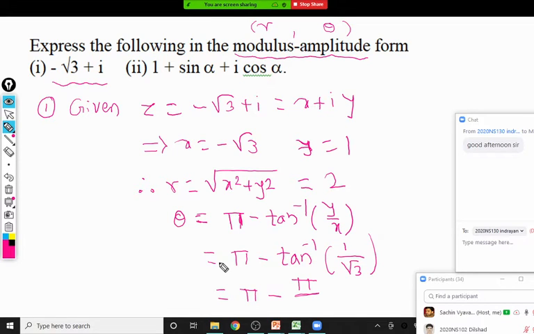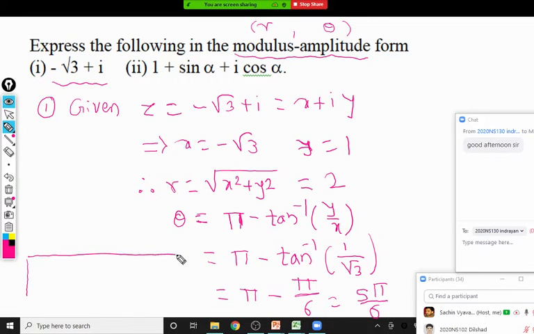So when we say tan inverse y by x, actually this is the modulus of y by x, ignoring the sign of x and y. Okay. So what is tan inverse 1 by root 3? Pi by 6. So we get the answer as 5 pi by 6. So 5 pi by 6 is an angle in the second quadrant, and that should be, because we already saw x is negative and y is positive. So don't forget to write the final answer.